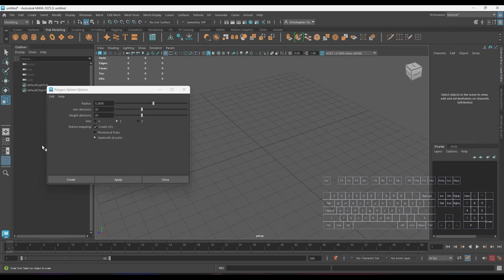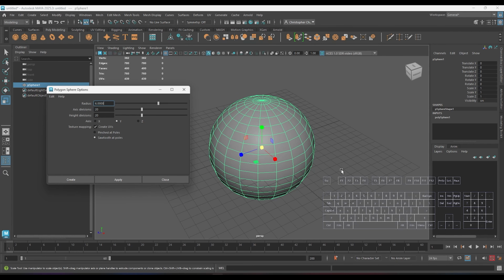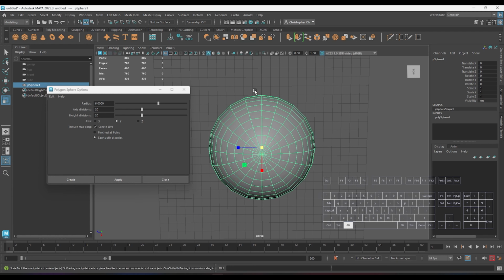So we'll go over all of these different values here and see what they do. This first value that we have is our radius value. Your radius value just determines how large the base object is going to be. So if I go ahead and set this to something like 6, hit apply, it's going to be a fairly large sphere with a radius of 6. And that means that it's going to have 6 units